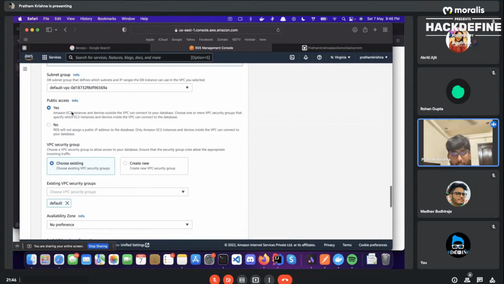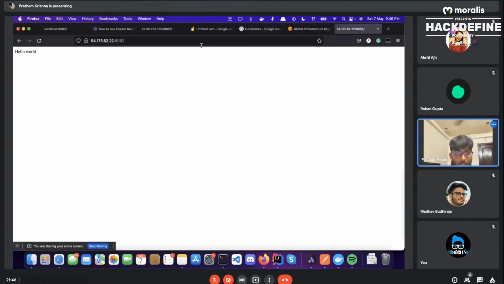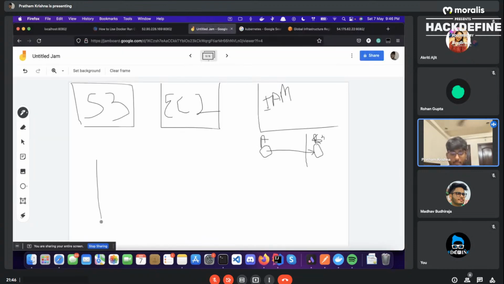So basically, what it does right over here is key. There's something called a VPC, which stands for virtual private cloud. Inside this you can have an EC2 instance, a database, another EC2 instance, and a backup database over here.